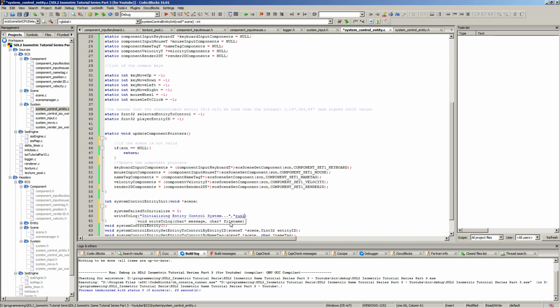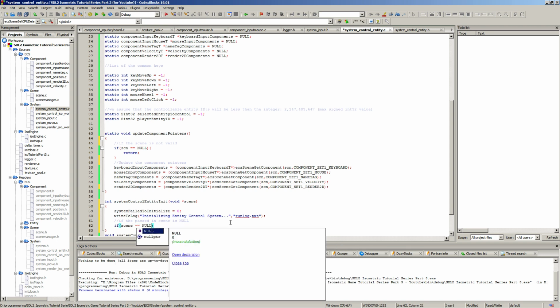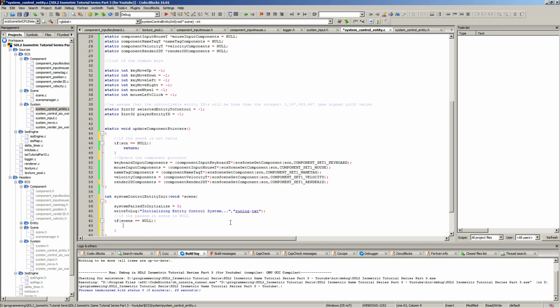Now add it to the run log.txt, and we're gonna do if the passed in scene is null, then we will write to log error in function system control init, and we go entity control system failed to initialize,